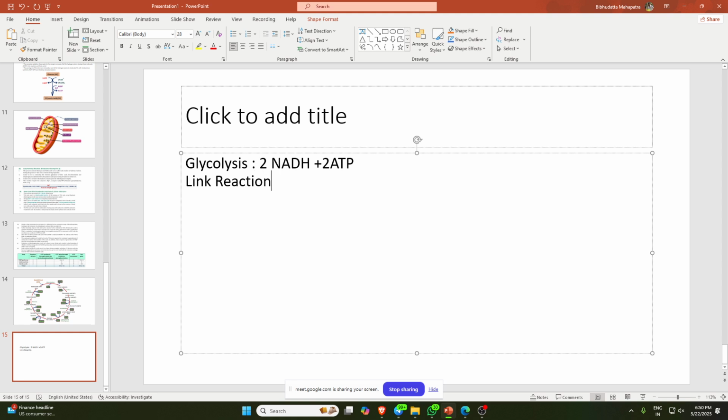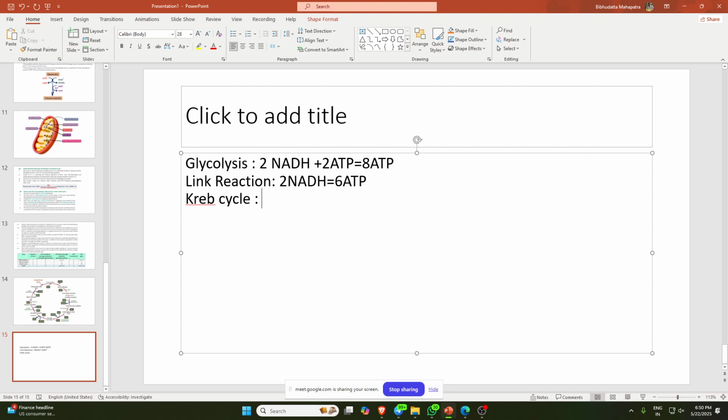Now in the link reaction, what is happening? So the 2 NADH. Now 2 NADH is equal to how many ATP? 6 ATP. Okay. So in this glycolysis, 2 into 3 plus 2 into 3, that is 8 ATP total. Yes. Okay. Now, in the cycle,